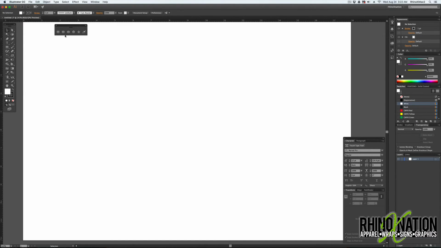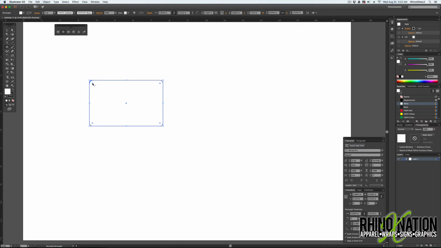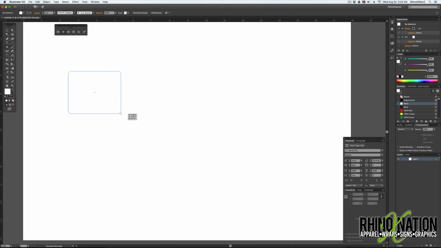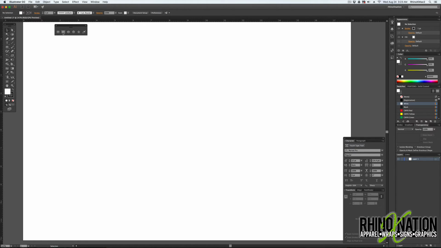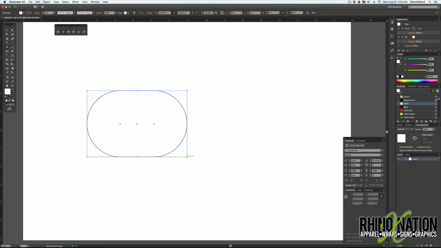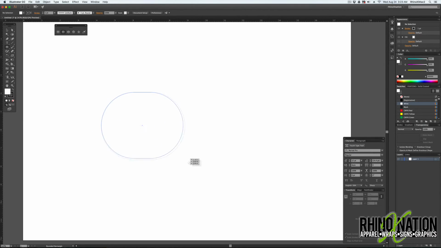So the next shape we're going to talk about is the rounded rectangle. When you draw this one, it automatically has the rounded corners already, and you can still adjust those. And if you hold down Option, you'll draw from the center out, and Shift Option, you draw from the center out, but you draw a perfect square like before. When we're drawing this rounded rectangle, you can use a modifier key. As you're drawing this, if you press the up arrow key and drag, you can adjust the corners. If you hold the down arrow key and drag, it'll start moving the corners back out,